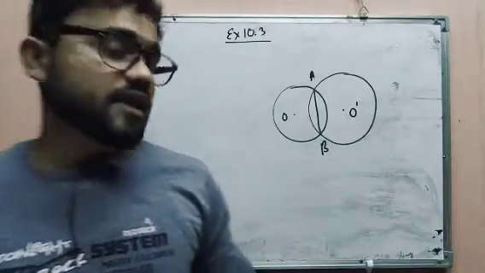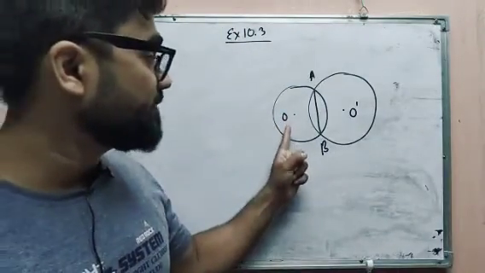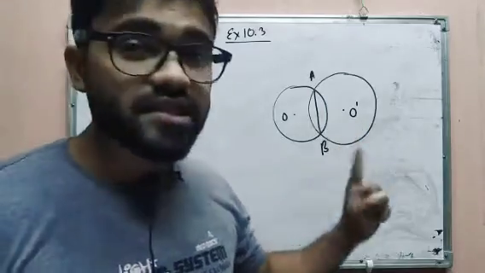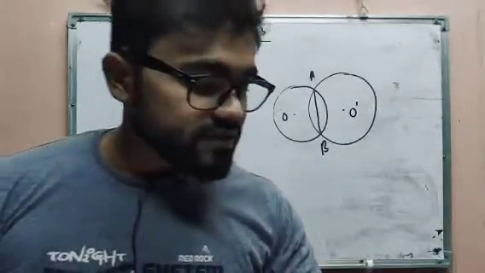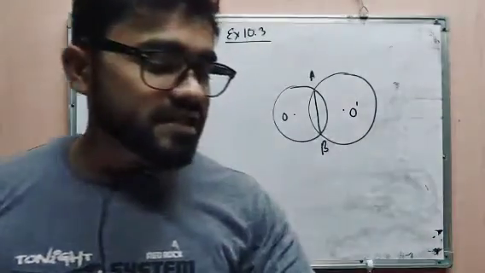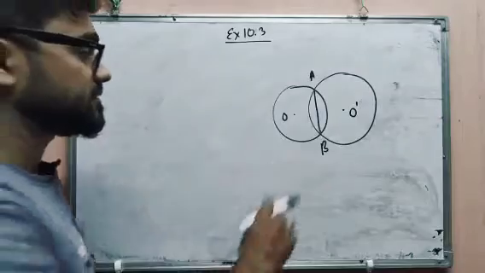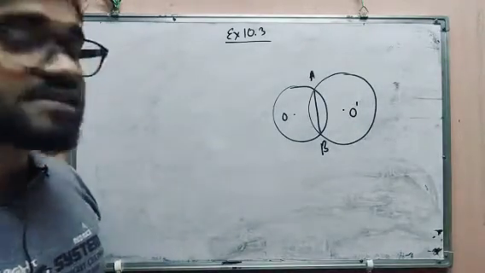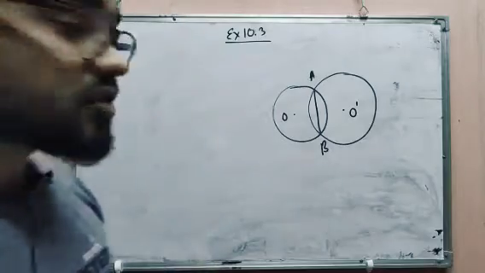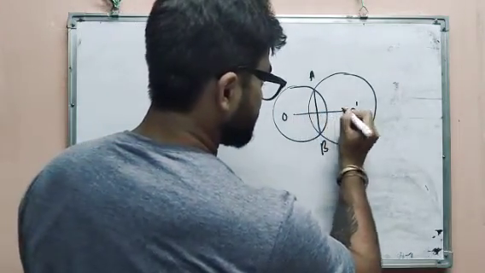see what we have been asked in the next question number 3. If two circles intersect at 2 points, there are two circles, one having center O and one having center O dash, and they are intersecting at, suppose, 2 points, prove that their centers lie on the perpendicular bisector of the common chord. So AB is the common chord, and their centers lie on the perpendicular bisector of the common chord.